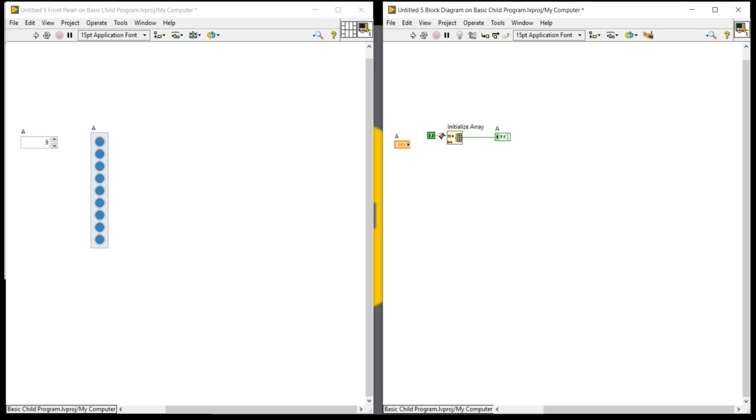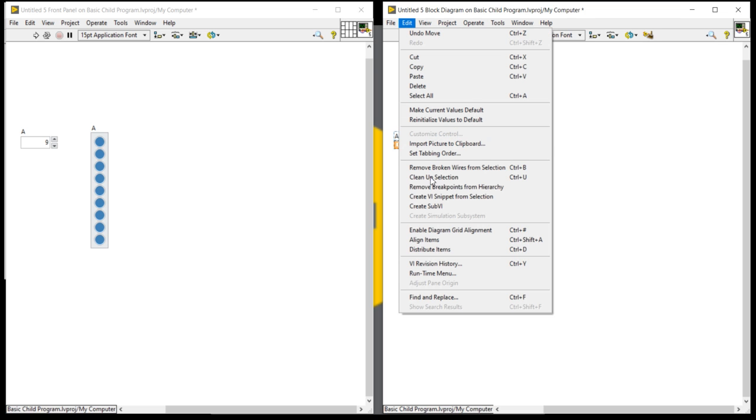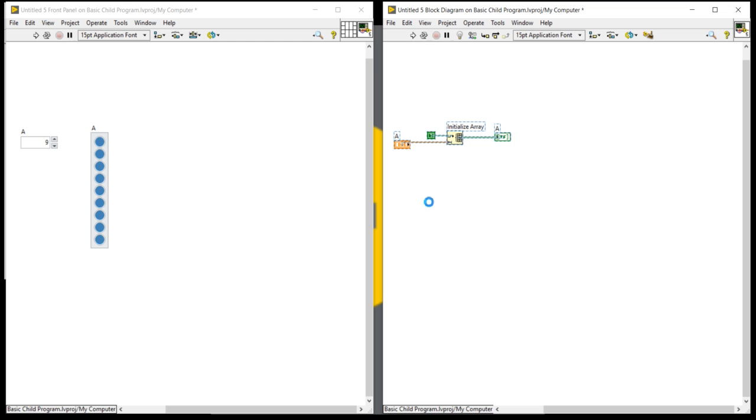Now, select all and create a sub VI. Create sub VI.